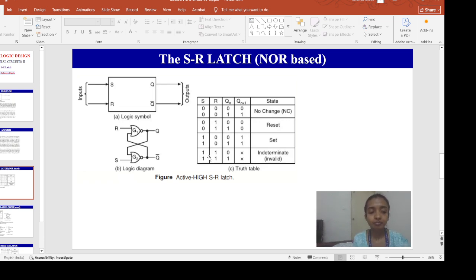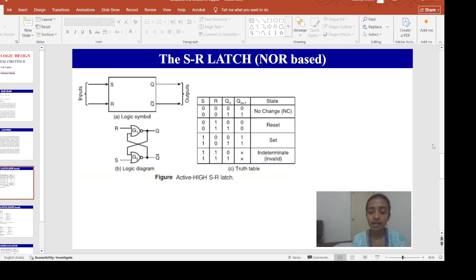Now, this is the present state, next state table. This is the truth table of this SR latch. This is the NOR based or active high SR latch. Alright. Now, next we will discuss the